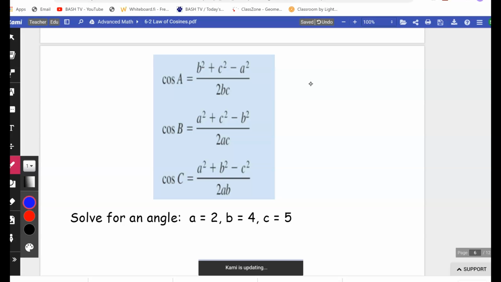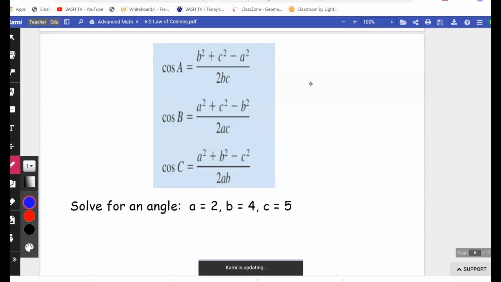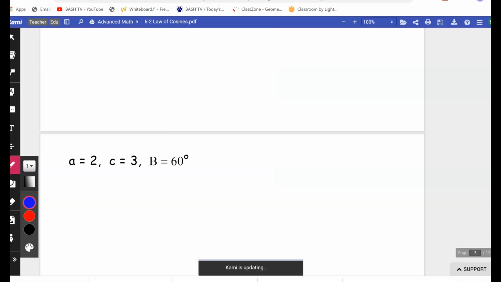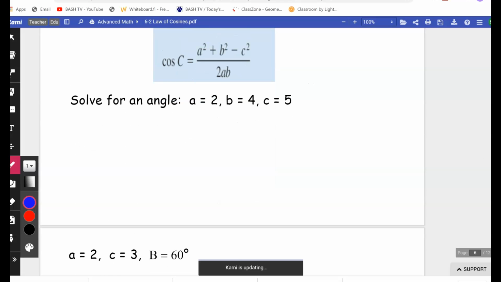Okay, just to try out one of these so you can see how the formula works, we're going to take one of them and solve for one of the angles, just to practice. I'm going to choose C since the formula is right there for me. So I'm going to do cosine C. I'm going to go 2 squared plus 4 squared minus 5 squared all over 2